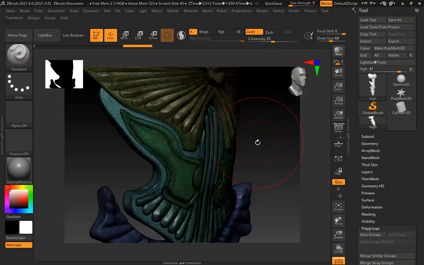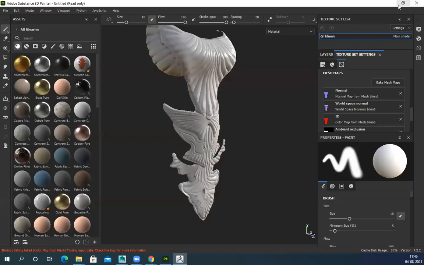So if that is not the situation, do we still? No, you don't need ID map then. ID map is basically for detailing. Because in my low poly, I don't have selection for this part. So I need to create those selections. Either I do it manually or I can generate it. Generating is always better. It will align with all the texture and everything. Yes, that's the whole idea.